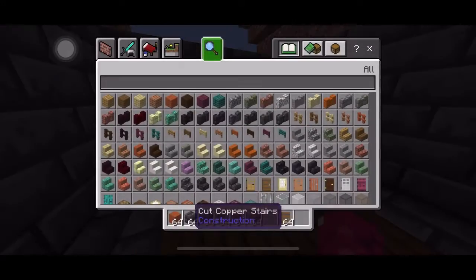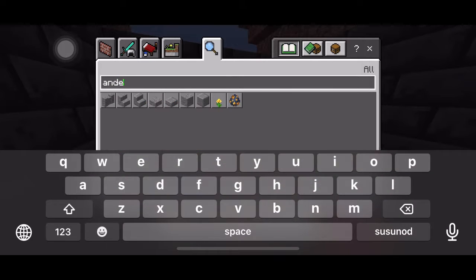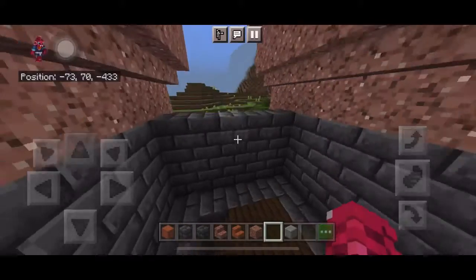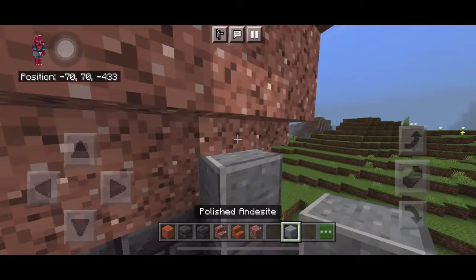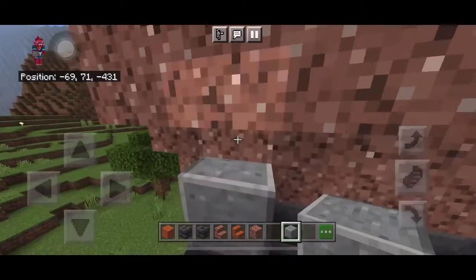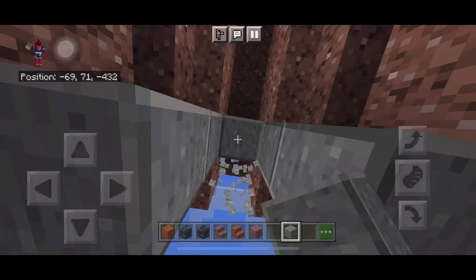So now we're just going to get another polished andesite just to fill this bit in, because I forgot. Because you don't want a gigantic gap in your house, would you? So let's just fill this in